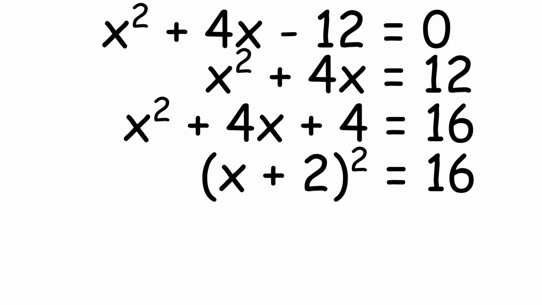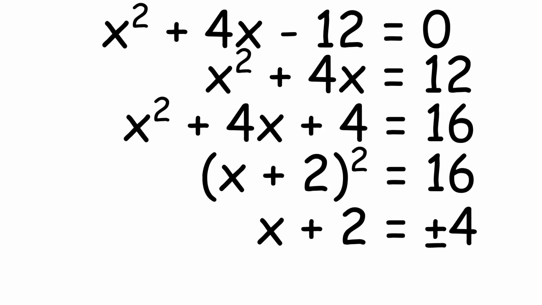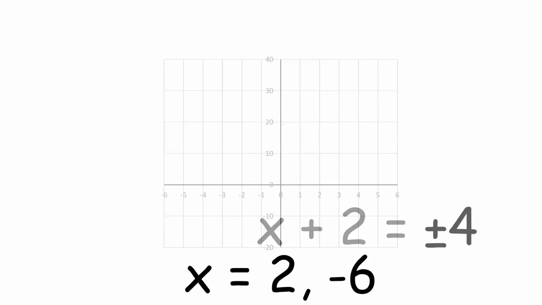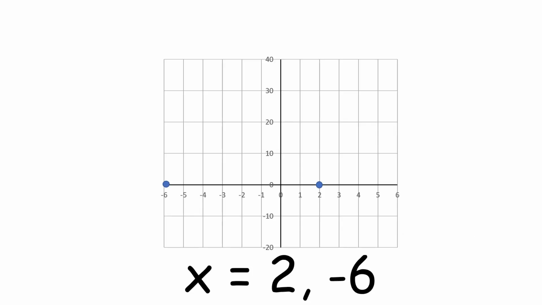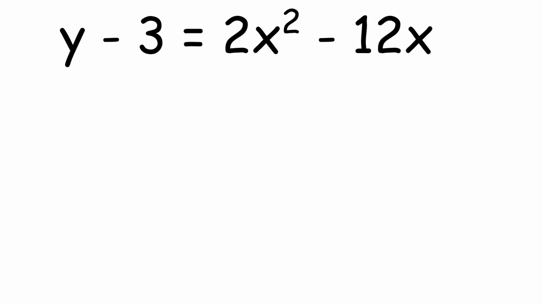Now that we've got that, we can go ahead and use the square root method, which gives us x plus 2. And then we can subtract 2 to find x. Let's take a look at another one. This time we'll solve it for y with respect to x. So we'll deal with the constant,